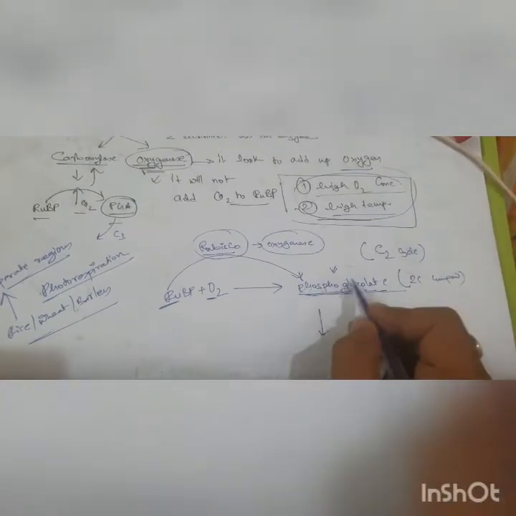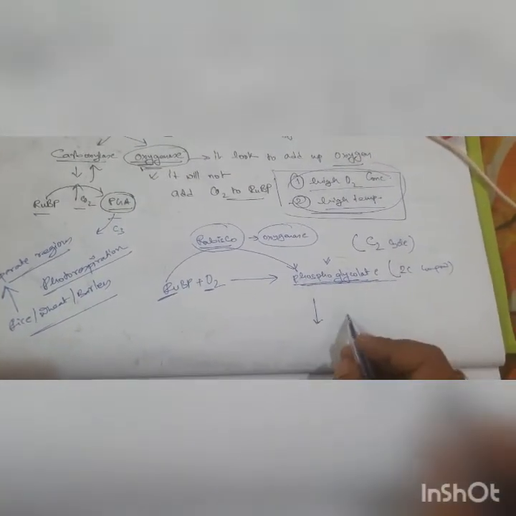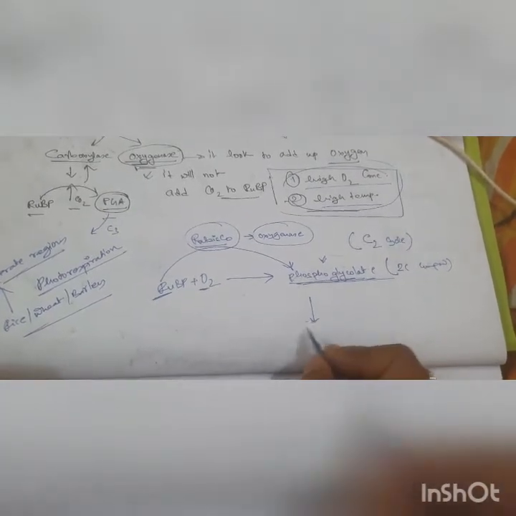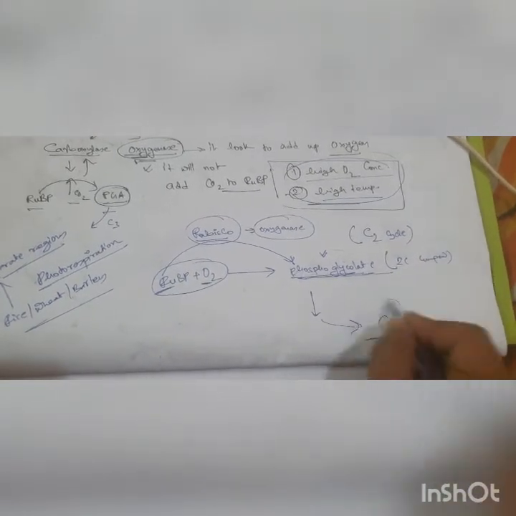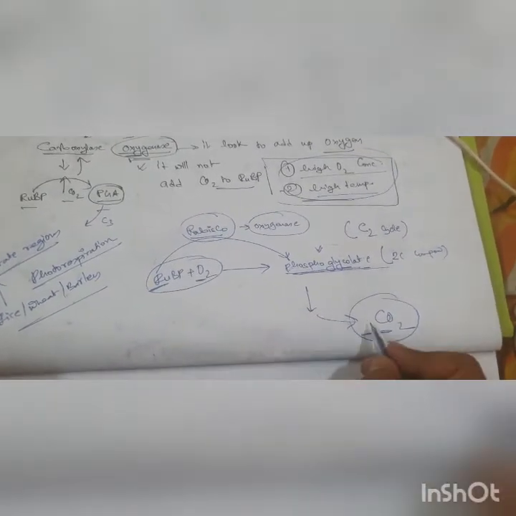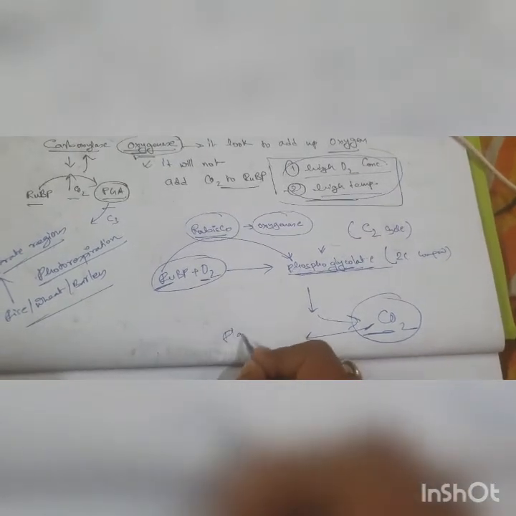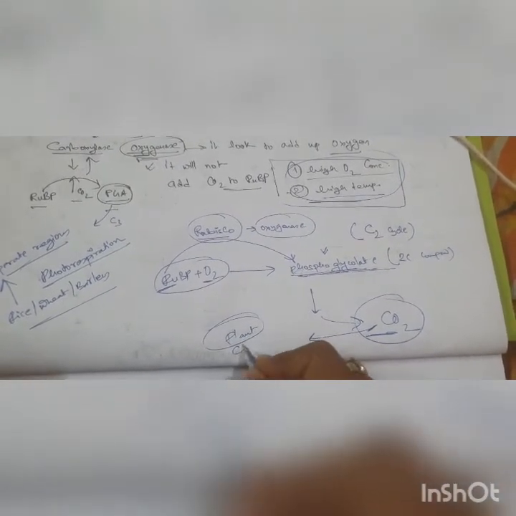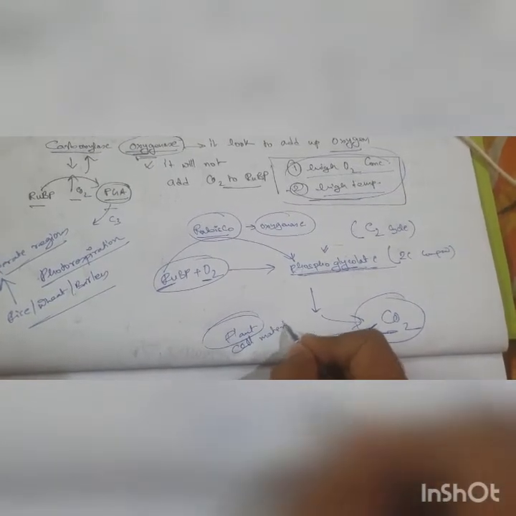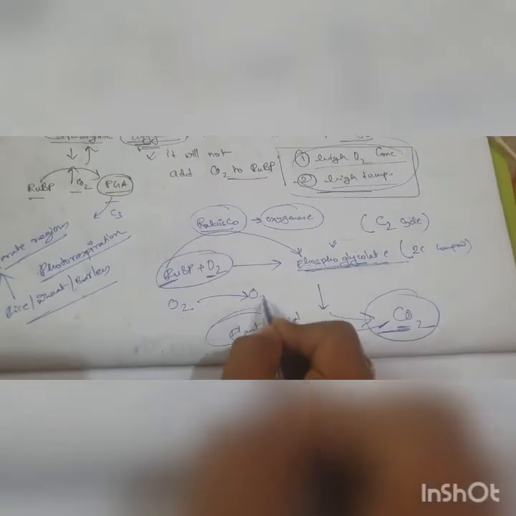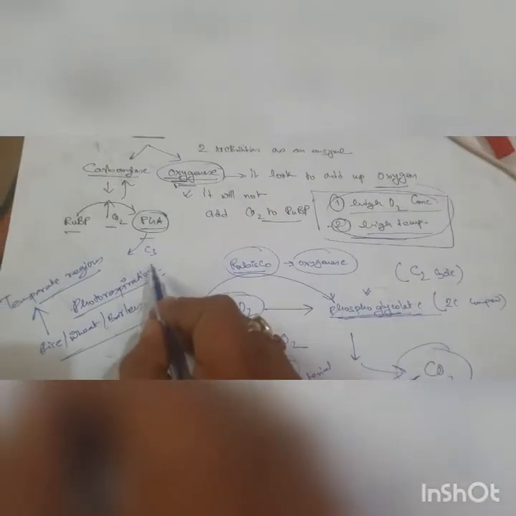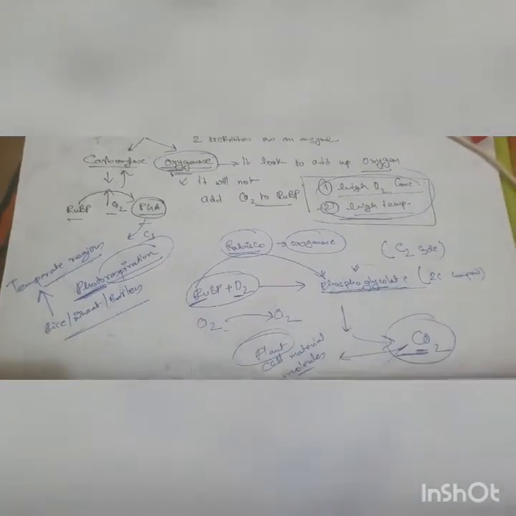But because phosphoglycolate will form, at that time there is utilization of O2, and there will be release of CO2, and this CO2 is not the CO2 of the atmosphere. This carbon is taken from the plant only, or the plant cell molecules. So that means it is losing its native C. Utilization of O2 and release of CO2 occurs in this cycle. That's why it is known as respiration. It is occurring in the presence of light, or in the photosynthesis process. That's why it is known as photo.